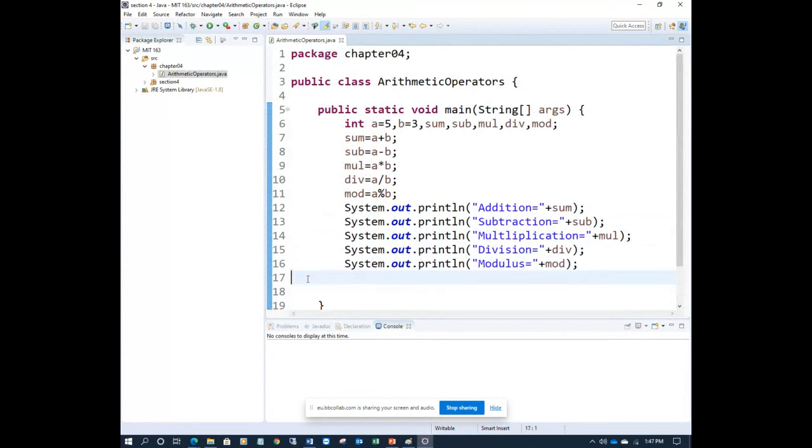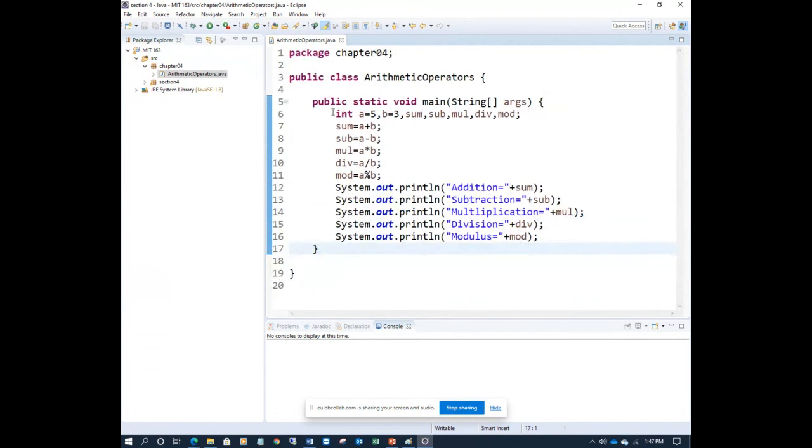Hope everyone understands this one. What I'm doing here is having two variables a and b, sum, sub, multiply. I'm having these results, right? This is output, these two are input and these are all outputs. So I'm performing the operation on this. This plus is binary.